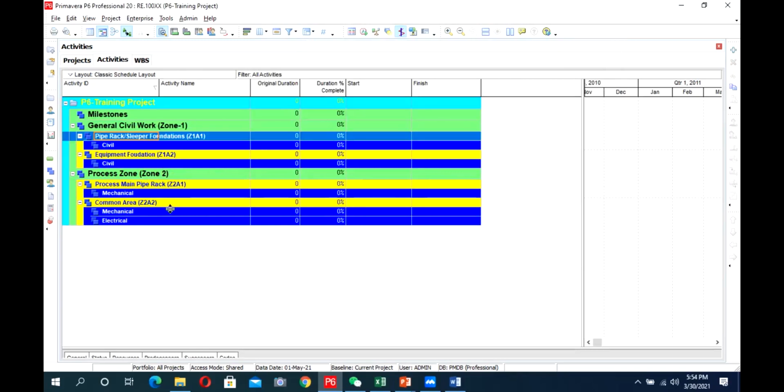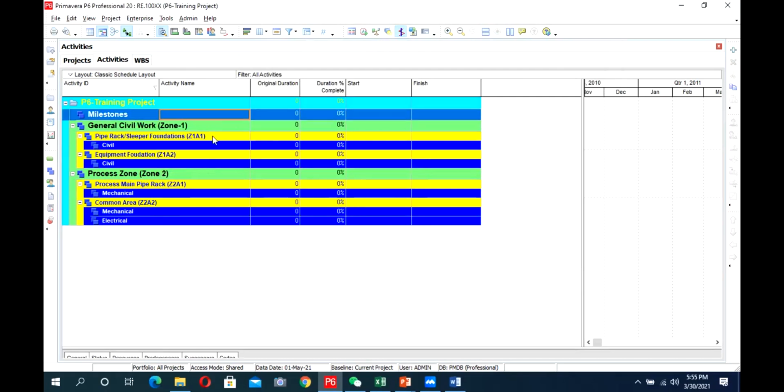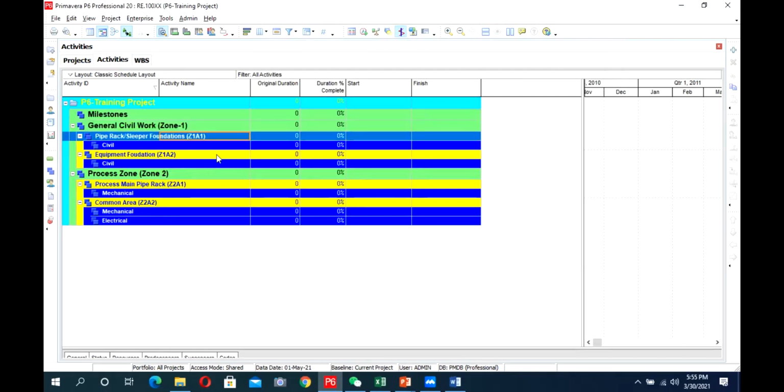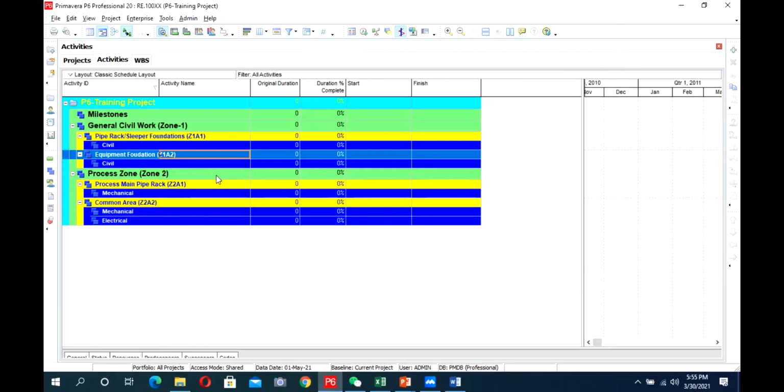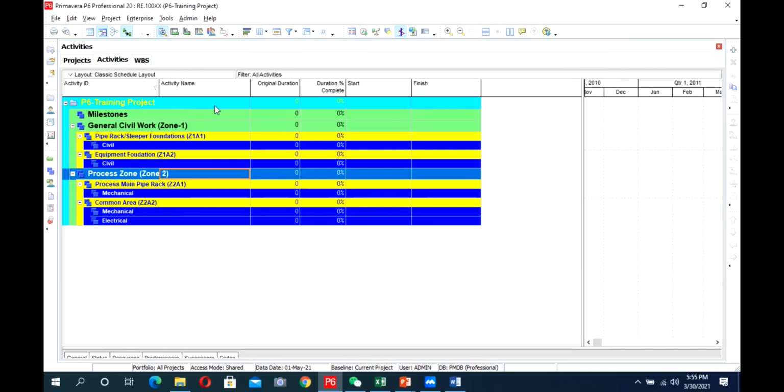So in this exercise, yesterday we added some codes. Can anyone tell which codes they were? Whether they were activity codes or project codes? Project code. Good. So today we will add the activity codes. Similarly, those project codes were assigned to the project which we created. Now, when we make activity codes, we will assign them to our activities.